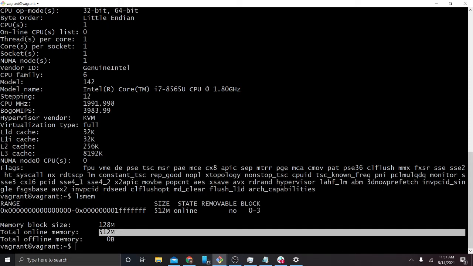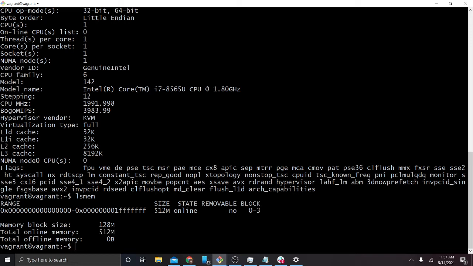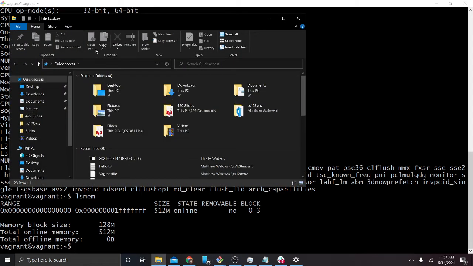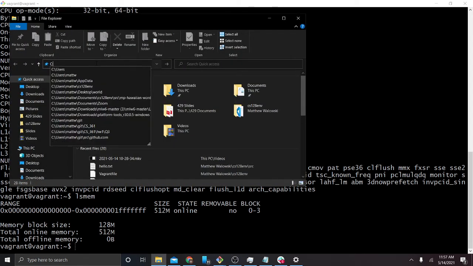That's just because, again, that makes it very easy for everybody to have the same exact machine that's pretending to have the same hardware through software. So really quick, just to show that this isn't really magic to you guys, I'm going to go ahead and open up my CS128env folder,